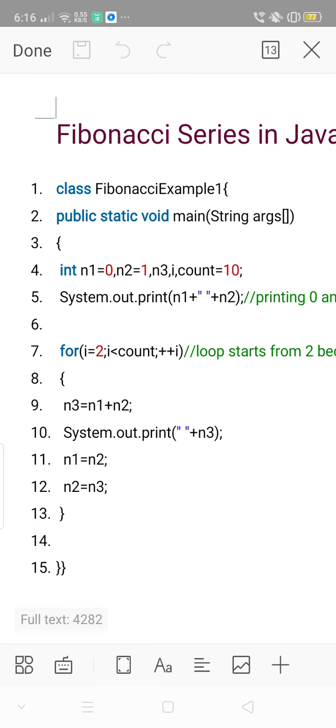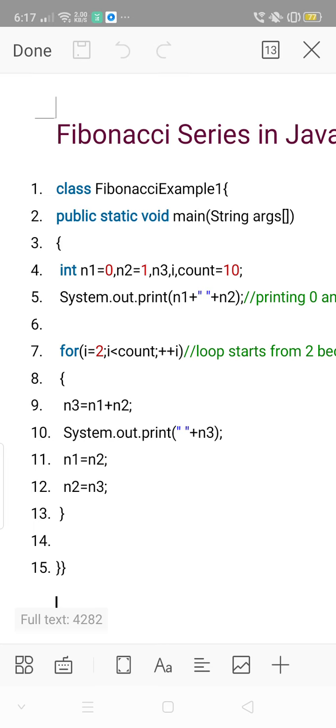Initially the series starts from 0, 1 and then we have to add upon the previous two values to get the third value. For example, initially 0 and 1 are the two terms, then 0 plus 1 is 1, again this previous one and this one is equal to 2, and then 1 plus 2 is 3, 3 plus 2 is 5, 5 plus 3 is 8, and this series goes on and on. Now, this simple program is going to create only 10 Fibonacci numbers in the series. So let us see how the Java program looks like.